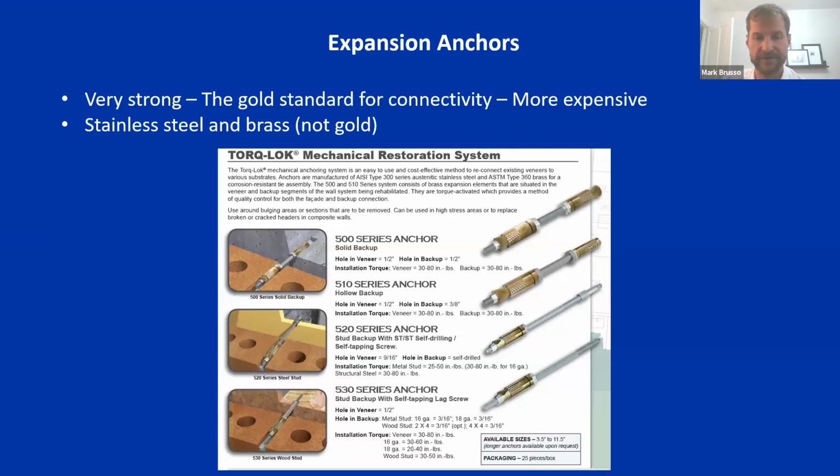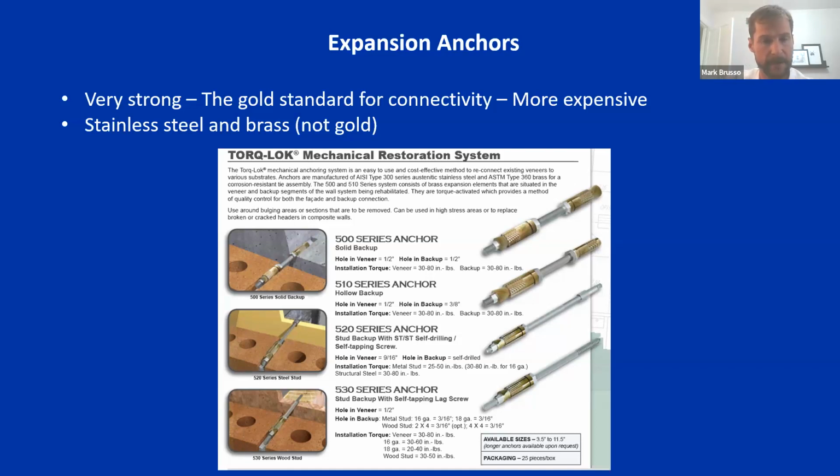And it is very hard to improve upon the effectiveness of a good old expansion anchor when we're talking about restoring masonry structures. It is just the most robust form of connecting, in my opinion. It is just so solid and so strong. We'll often do pull tests on these anchors and achieve extremely high pull-out values because an expansion anchor is just a very effective way at connecting concrete and masonry structures to each other. So these are very strong, very robust. They will not corrode. They outlast the life of the building,